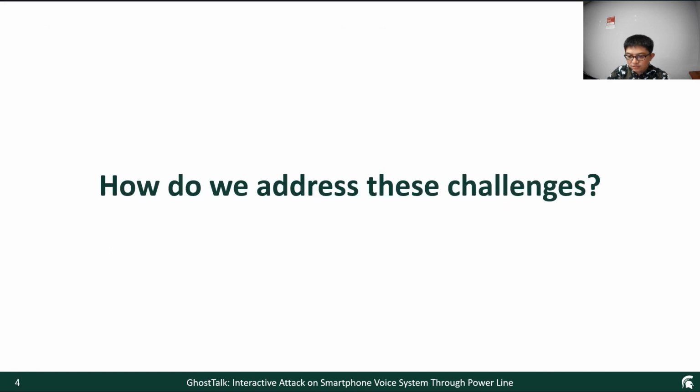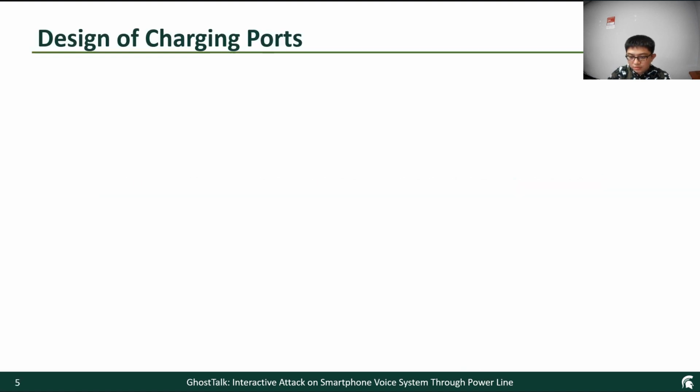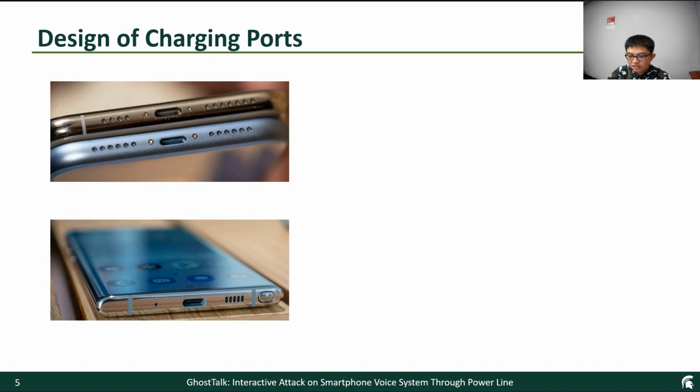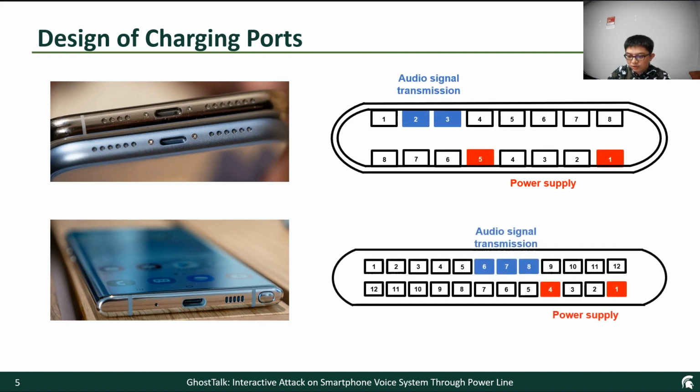Here comes the first question: how do we address these challenges? In this work, we explore the feasibility of launching inaudible voice command attacks by other medium besides over-the-air. We noticed that smartphone manufacturers, including Apple and Samsung, have removed the 3.5mm headphone jack on their new products, which means that we must plug our headphone into the charging ports.